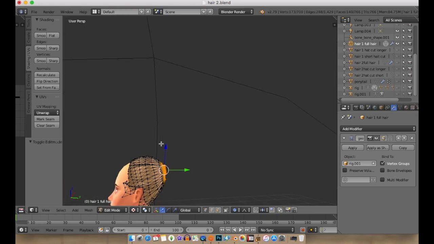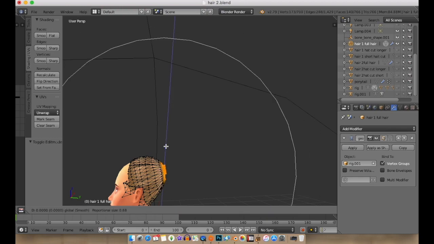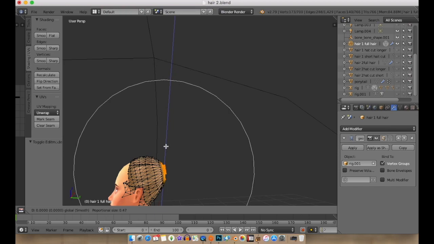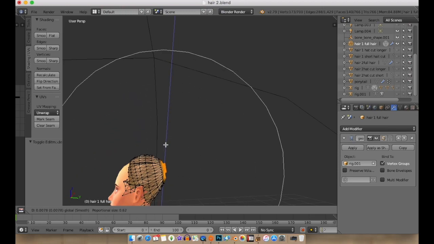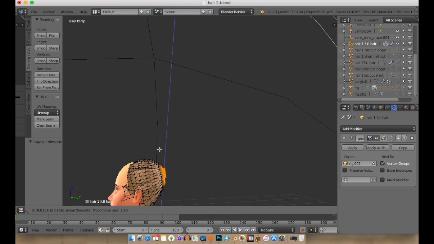Now I'm going to click with my left mouse button, and this is going to create a huge circle over there, and that's basically the area effect of the proportional editing. So I'm just going to zoom that in with my scrolling wheel so that if I would have put it all the way there and moved it, it's going to move everything, right? And I don't want that. So I want it to be relatively small so that the area effect is a bit smaller as well. I'm going to bring that down